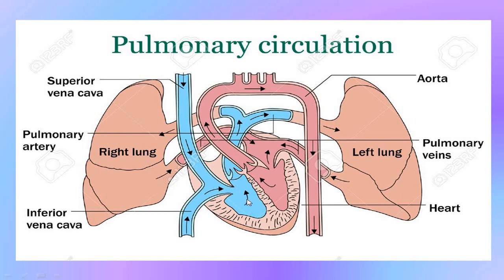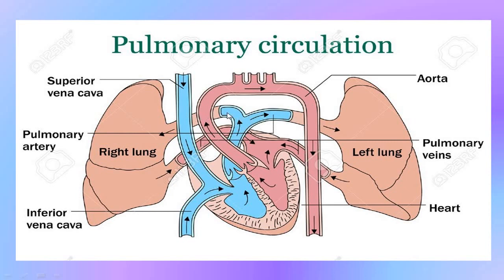The right ventricle then pumps this blood to the lungs for oxygenation. Another major vessel arises from the right ventricle, that is called the pulmonary trunk, which then divides into two arteries,